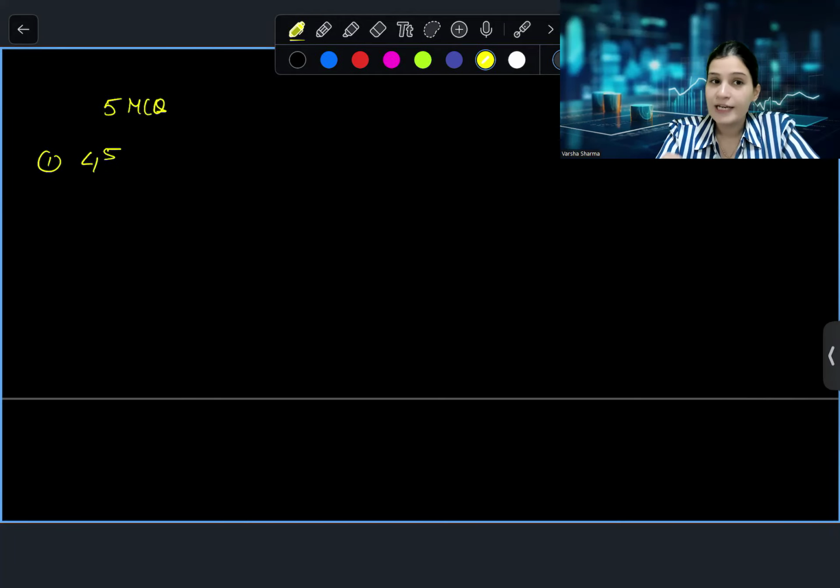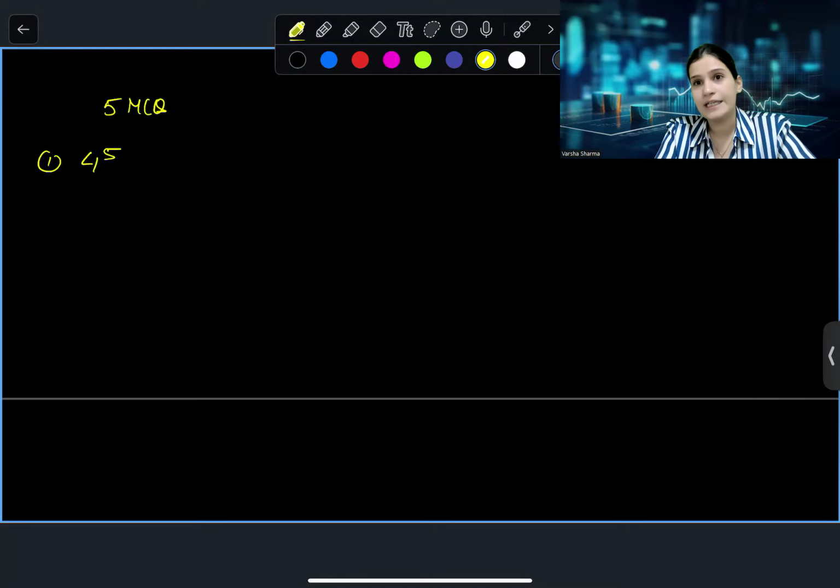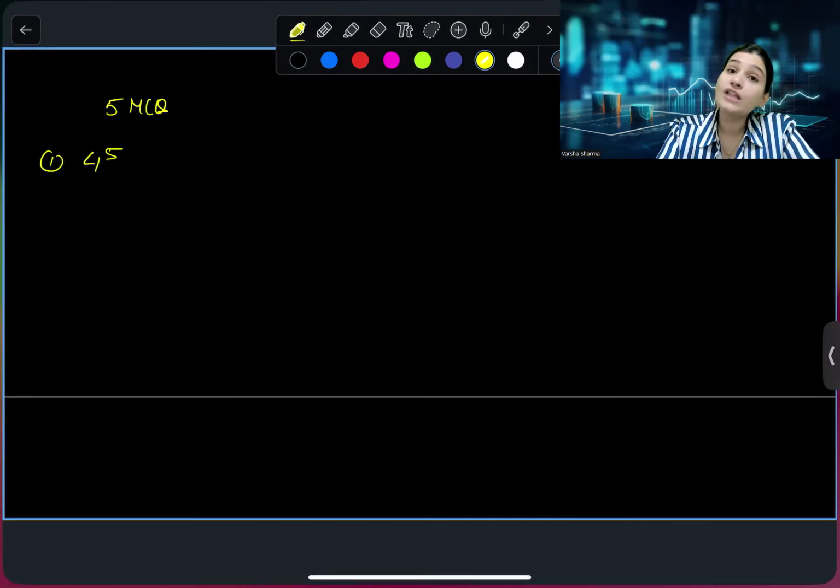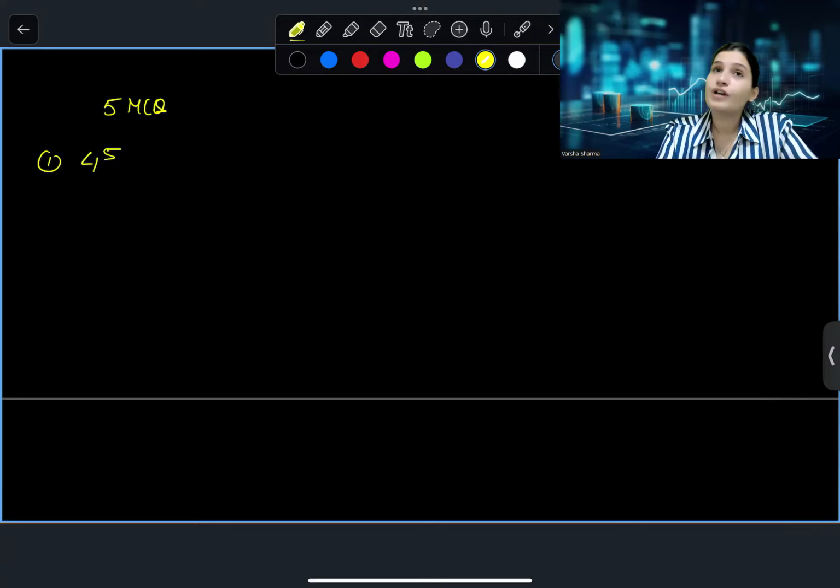In how many ways can I answer 5 MCQ questions so that all are correct? In a question there are 4 options. Out of those 4 MCQ options, how many correct options are there? One. And how many wrong? 3. So now if I want all the questions to be correct, so for me to write the first question correct,